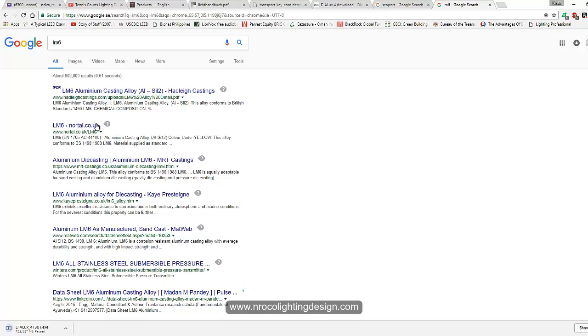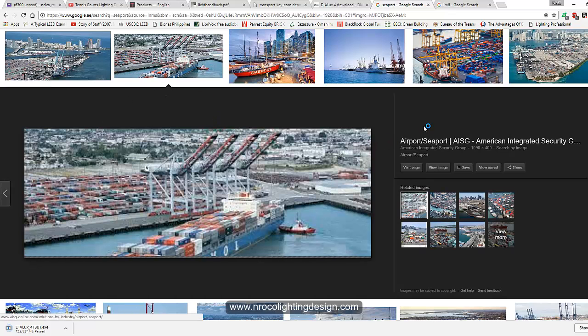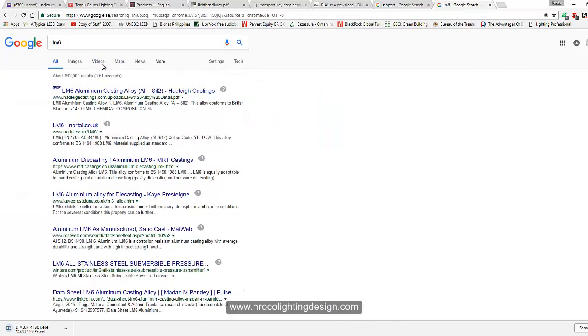LM6 is aluminum casting alloy. So your luminaire should have a code of LM6 because your place is close to the sea, and everything that is close to the sea is prone to corrosion. You must protect your luminaires in this kind of environment.